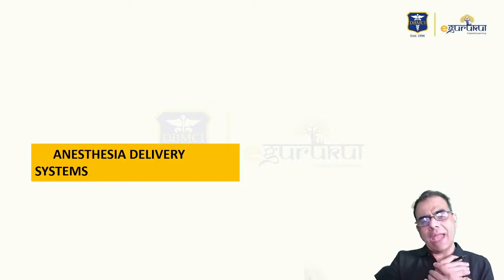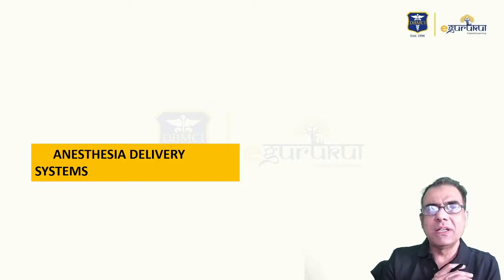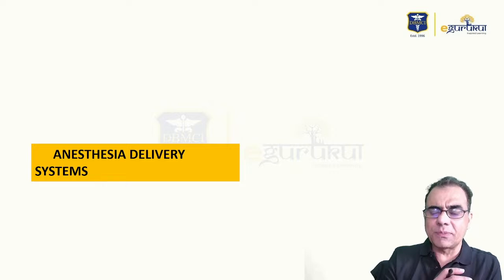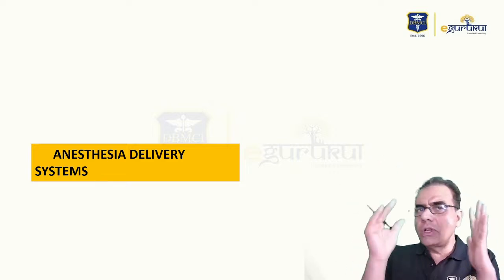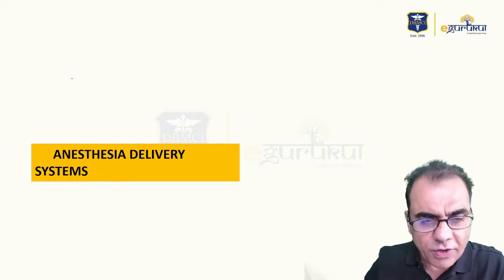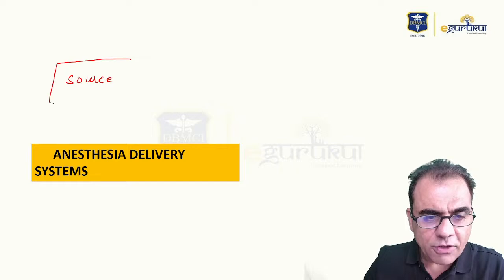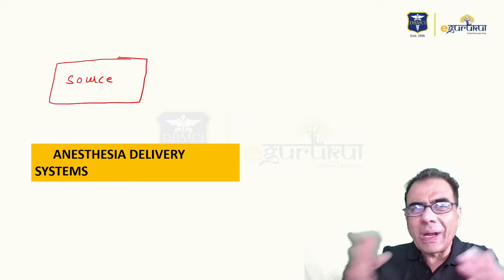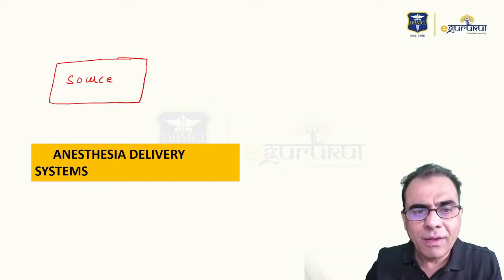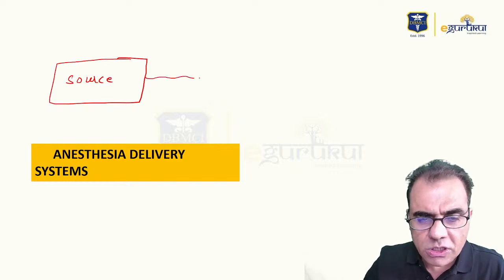Now coming to the anesthesia delivery systems. Anesthesia delivery systems means the systems which are used for the delivery of anesthesia. So to deliver something, what do you need? First you need a source. You should have a source from where you can deliver anything. Then from the source,